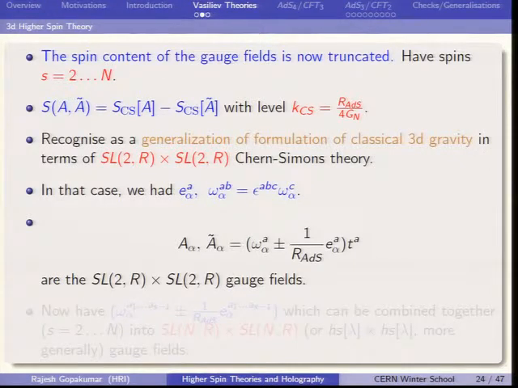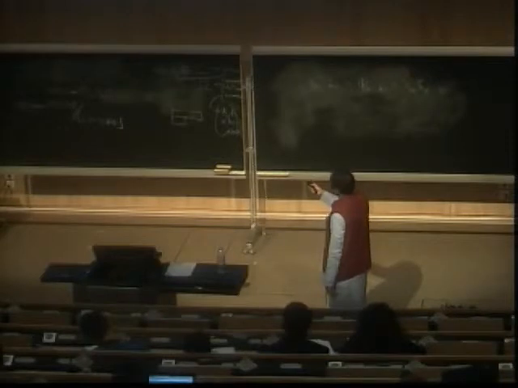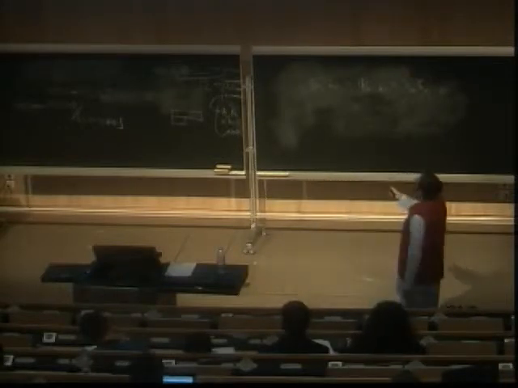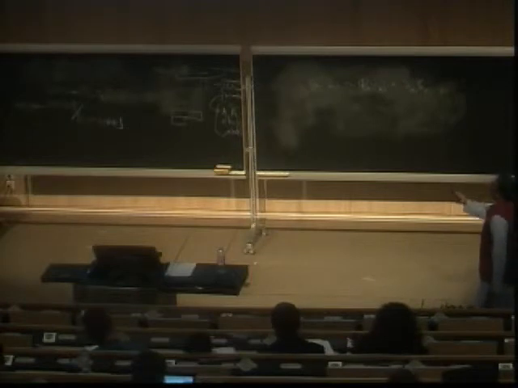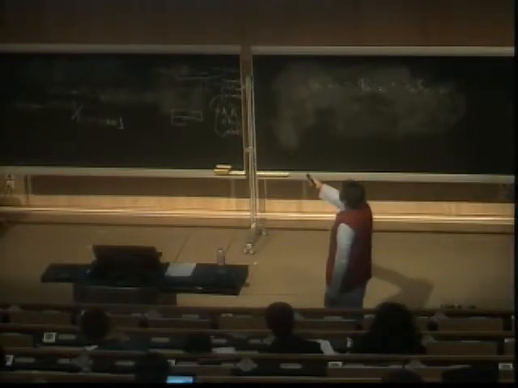So to put this in maybe a more familiar context, recall this formulation of classical three-dimensional gravity, going back to Achucarro, Townsend, and Witten in the 80s, who showed that the classical Einstein-Hilbert action on AdS 3 can be written as a sum of two Chern-Simons actions with the gauge group SL2 times SL2, and the action was